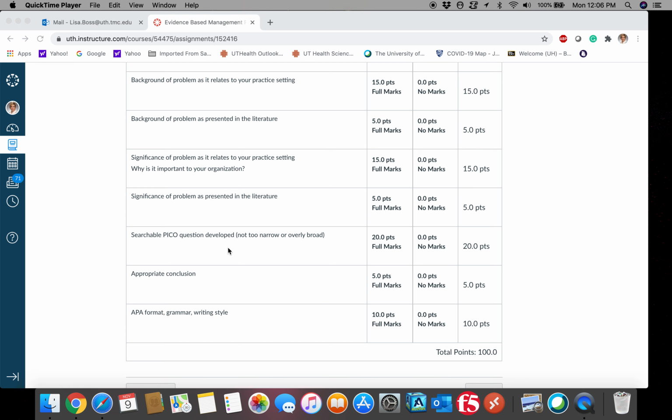Something I want to tell you not to do: I have a student in another program who didn't turn their paper in on time because of APA. So she turned it in 3 or 4 days late. So that ended up being 5 points a day, 15 to 20 points off just for being late for APA, when here the APA format is only worth 10 points. So I don't think that's a good strategy, to get 20 points off for being late for APA when the APA was only worth 10 points. So I think that's something that you need to think about